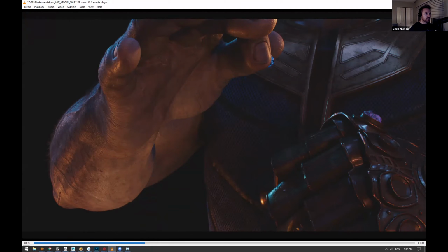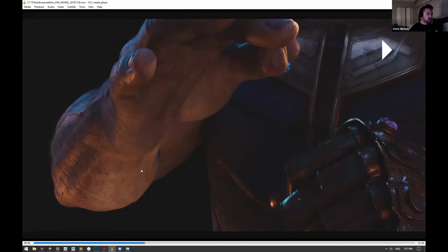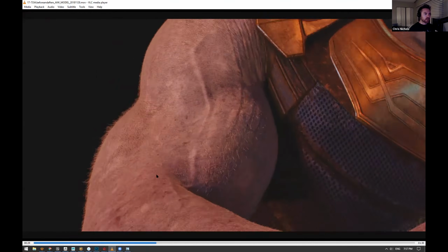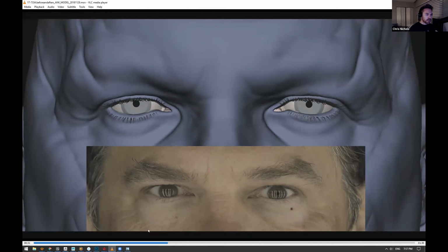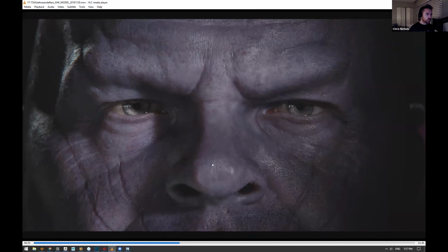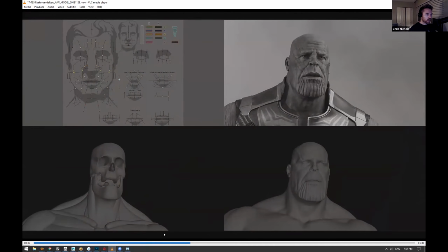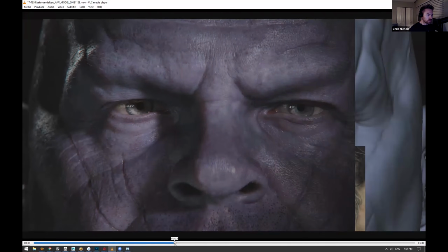Again, it's maybe not something you notice when you're watching the film because you're getting pulled into the story, but I've been very happy to hear that people found Thanos to be a very realistic character. And it's really encouraging to hear that, because we put so much work into the detail in every little aspect, whether it's the eyeballs or the hands, the fingernails. The directors really were brave in putting the cameras as close to Thanos as they wanted, and it didn't feel as if they were having to work around the model or the look dev at all.